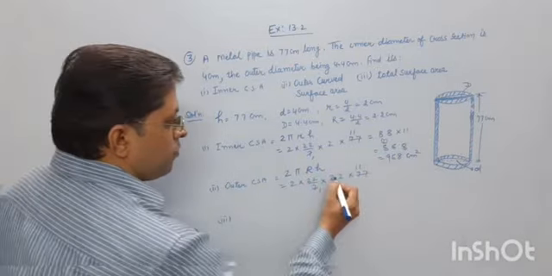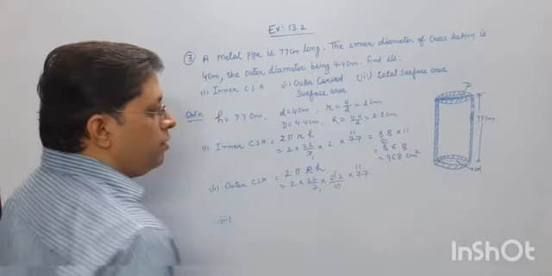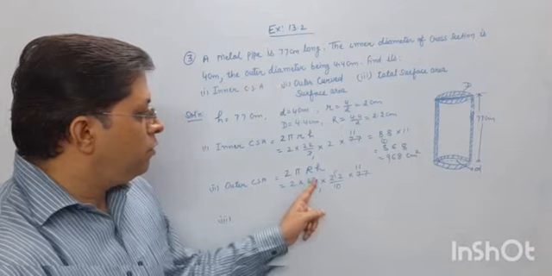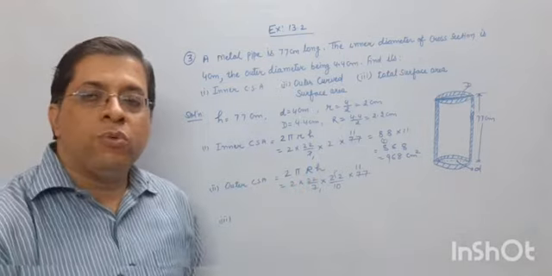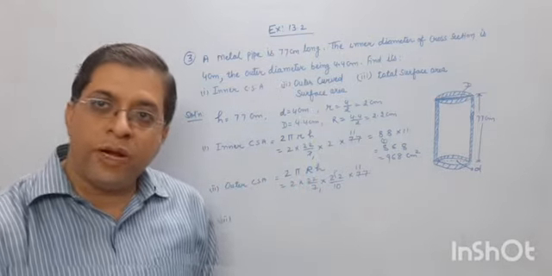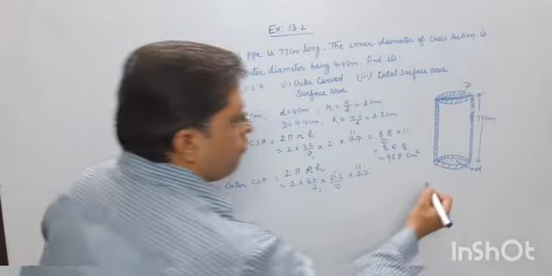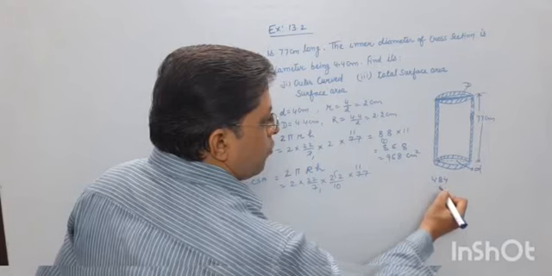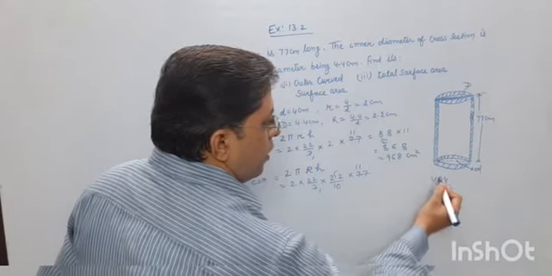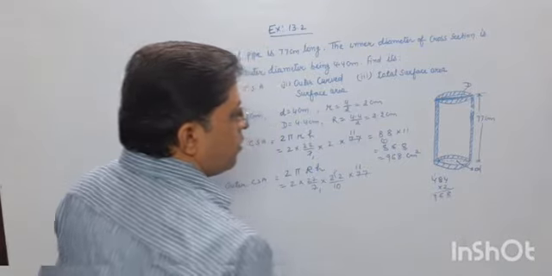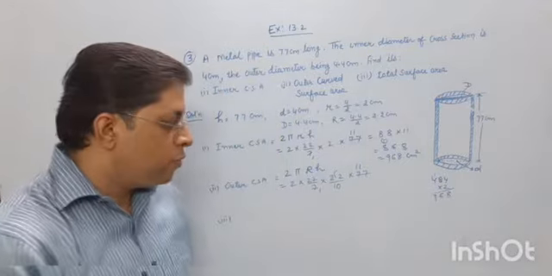When you remove this, this will be 10. Okay. Then 22 into 22, this will be 484, and 484 into 2, 4 2s are 8, 8 2s are 16, 4 2s are 8 and 1 9, 968. Okay, so